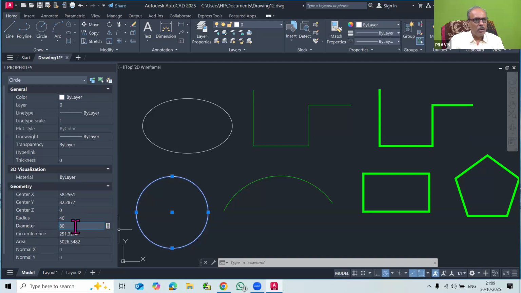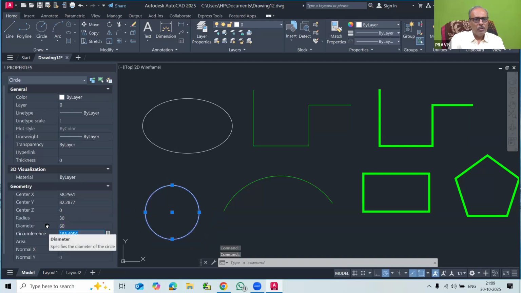So automatically the diameter is also 80. You can similarly change the diameter also. यदि यहाँ पर आपको ध्यान में रखना है, when I am changing this diameter, this object is getting automatically modified. So I will click here on the 80, type 60 instead, and press enter. You can see that the circle became a little bit smaller because the diameter was modified, and the radius automatically showed 30.